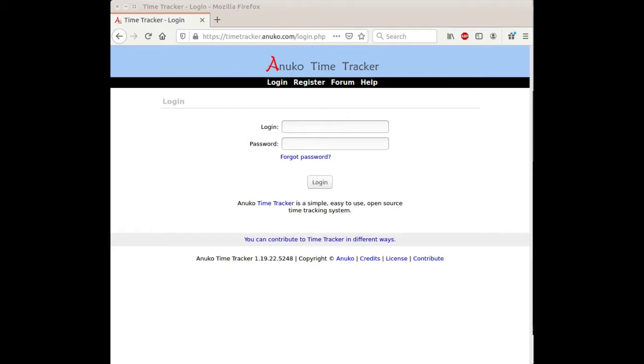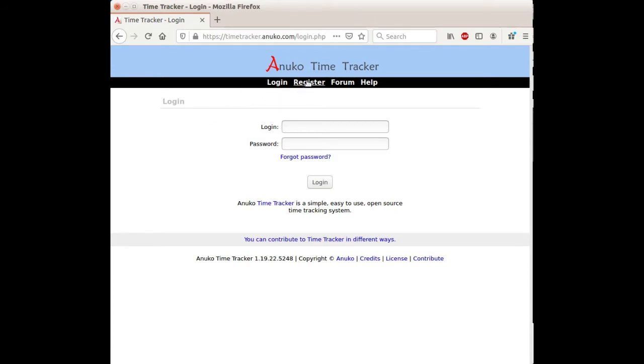So the first thing to do is to register with Anuku Time Tracker. We basically go to this URL, timetracker.anuku.com, and because we don't have an account, we need to register first.